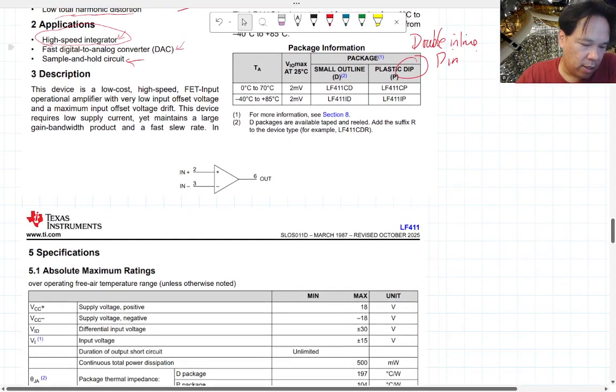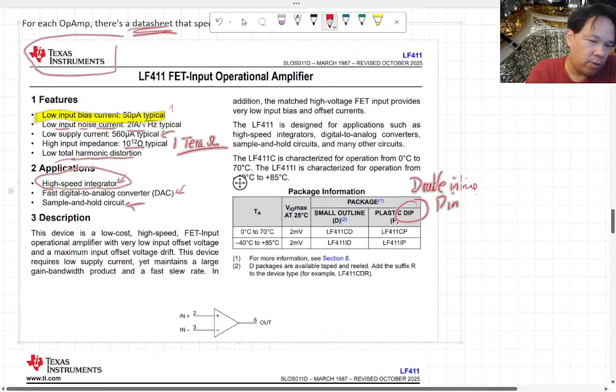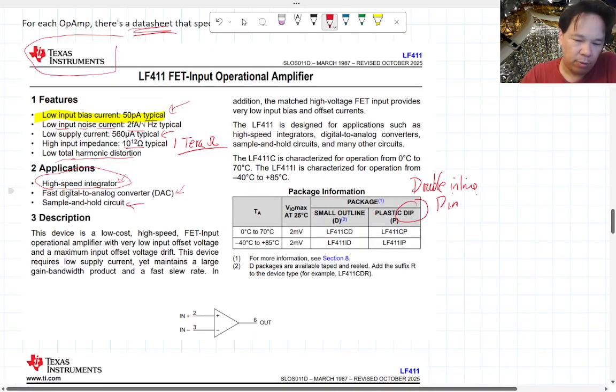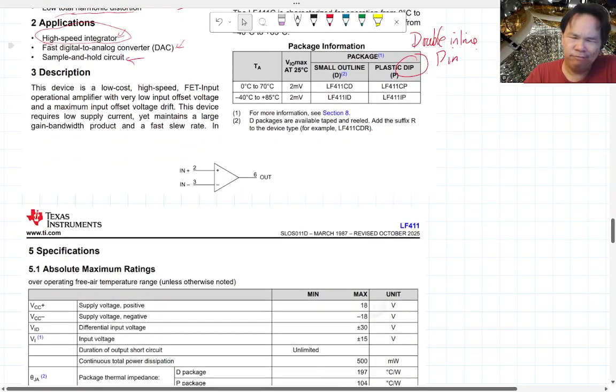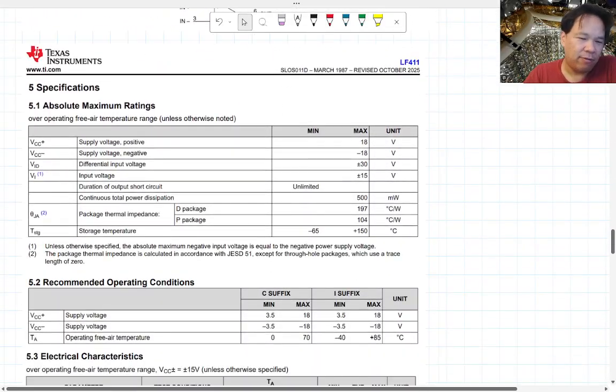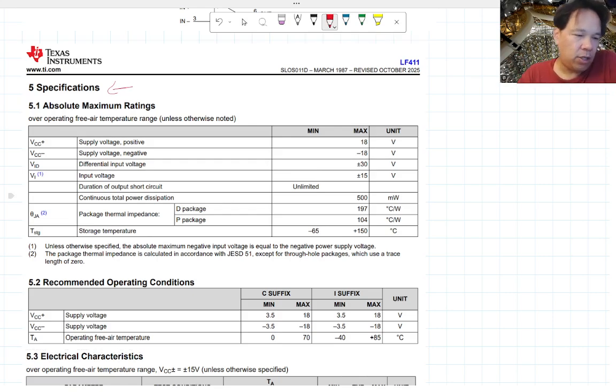But if you keep scrolling down, it seems like, oh, we already found this number, right? That's the typical number. Typically, what you usually design things for is the maximum tolerance instead, okay? If you keep scrolling down, you're going to get to a page called specification. These are going to be the maximum and minimum ratings for this particular chip, okay? So the maximum